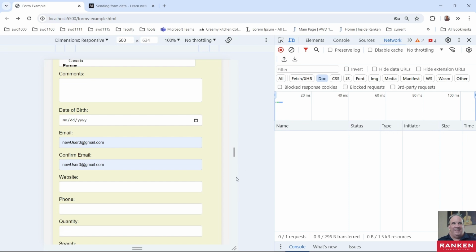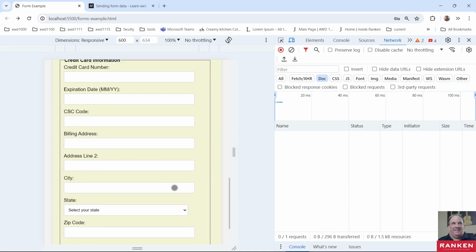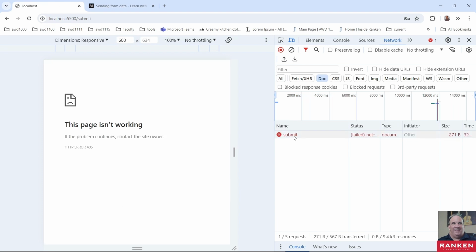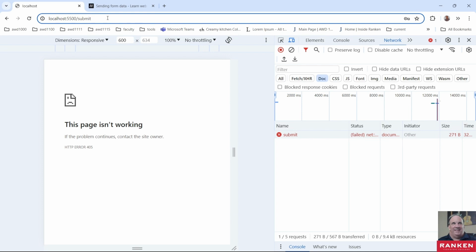We're just going to go to the bottom here and click on the submit button. Now this page isn't working. This is what we expect, right? Up here in the address bar, since this is a post request, it's different than a GET request. With a GET request, we had all that data up here in the browser bar, but for a post, we don't have that. It's temporarily stored within the browser until we submit it, right? So if we click on the submit here,